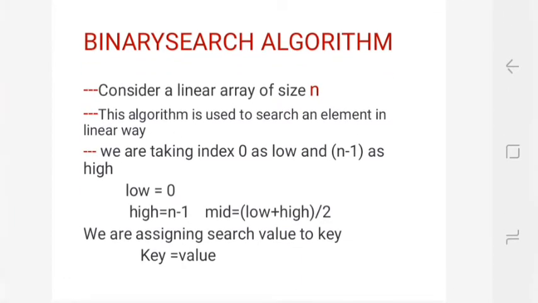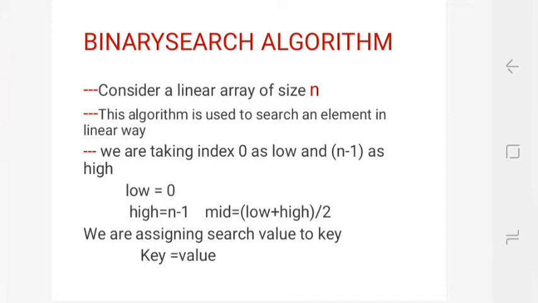Moving to the algorithm. For a clear explanation of the binary search algorithm, consider an array A of size n. In order to find the location, first we have to know the number or value. So we are asking the user to give the value so that we can find the location where it is located in the array. As we get the value from the user, we are assigning the value to a key variable for the convenience of the algorithm.